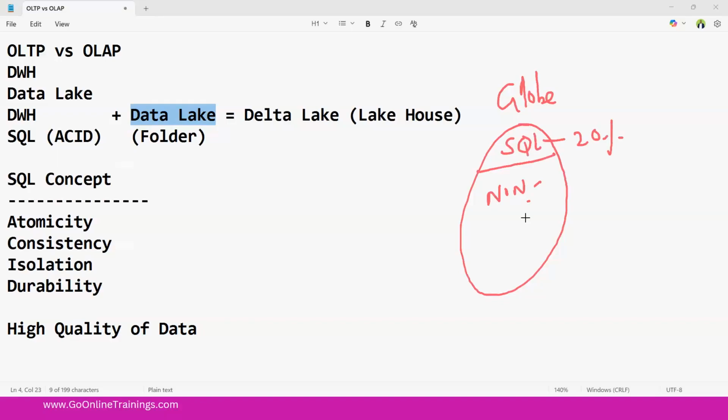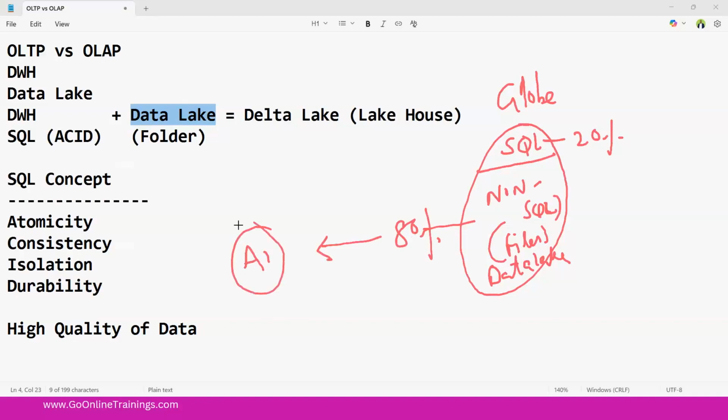Non-SQL data means it is going to be your big data we're talking about, or data coming in files. Where is this data today? It is going to be there in the data lake, right? So data lake data is going to be used. That is 80% of the data today, which is going to be used for AI,